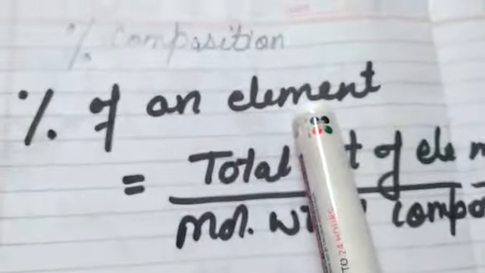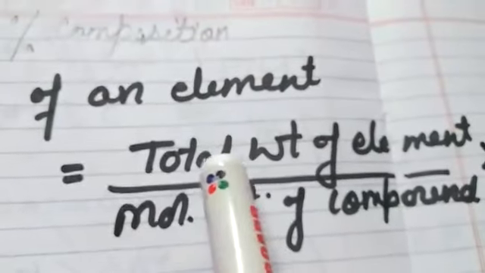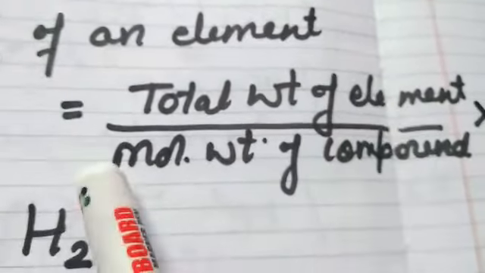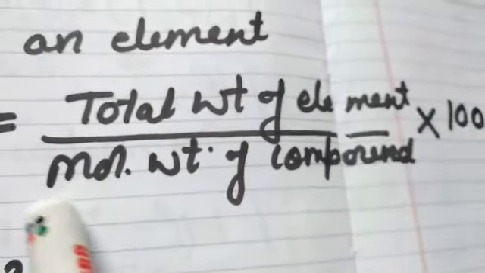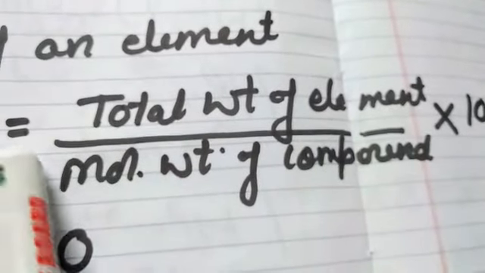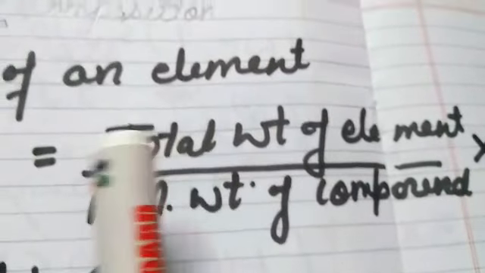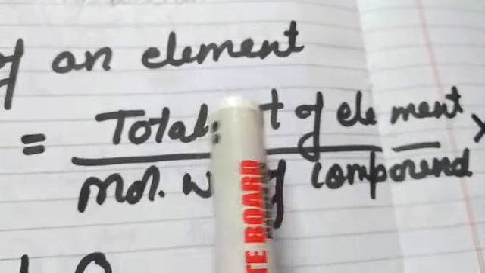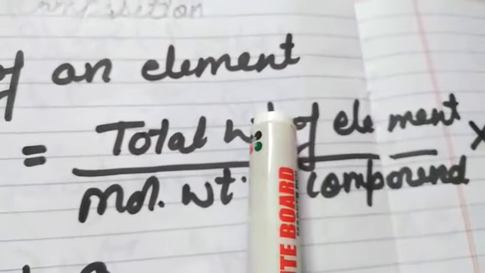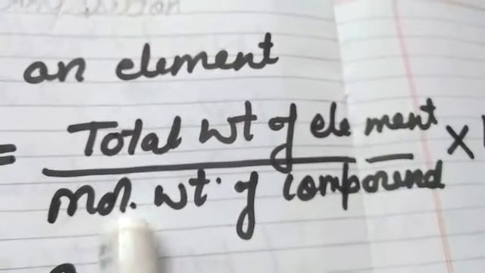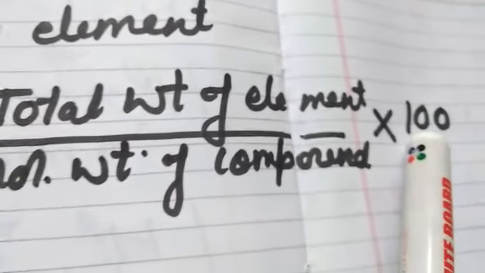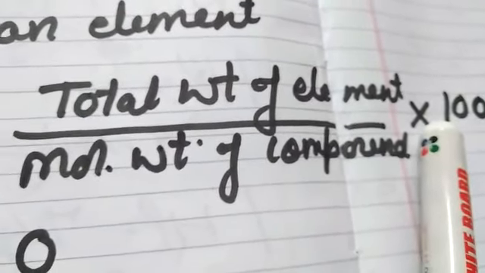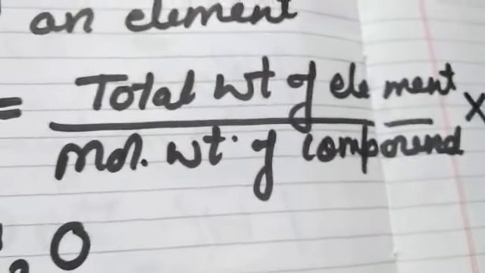सो हाउ डू वी कैलकुलेट दिस वन. सो परसेंटेज ऑफ एन एलिमेंट इन अ कंपाउंड इज गिवन बाय टोटल वेट ऑफ एलिमेंट divided by molecular weight of compound multiplied by 100. This we have already done, how to find out the molecular weight of a compound. जिस भी एलिमेंट का आपने परसेंटेज कंपोजिशन निकालनी है उसका इंडिविजुअल वेट वी विल कीप इन द न्यूमरेटर डिवाइडेड बाय टोटल वेट ऑफ द कंपाउंड मल्टीप्लाइड बाय 100. मतलब हमने 100 में से उसका कितना वेट है दैट वी हैव टू कैलकुलेट.